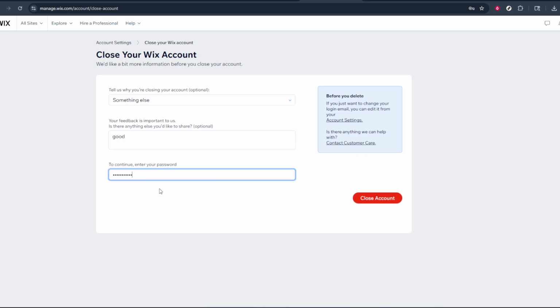After you've completed the details, review everything one more time. When you're sure you're ready, look for the button that confirms the action, usually labeled Close Account. Click that button. Wix may ask you one final time to confirm, just to be certain you understand this is permanent or difficult to reverse. Confirm if you're sure. Once that's done, your Wix account will begin the closing process. Depending on Wix's current policies, some data may be removed immediately, while other elements might be scheduled